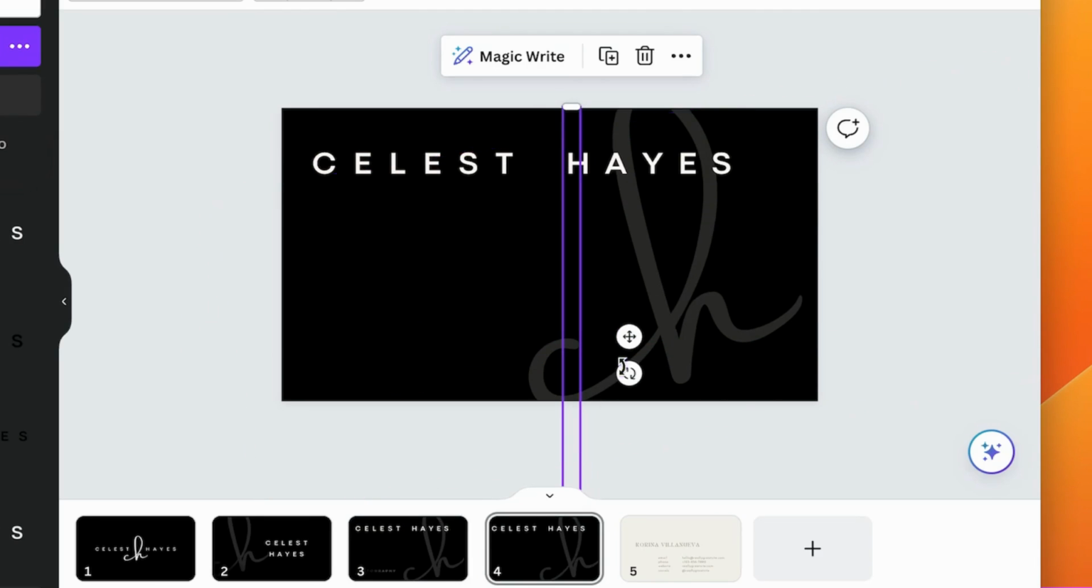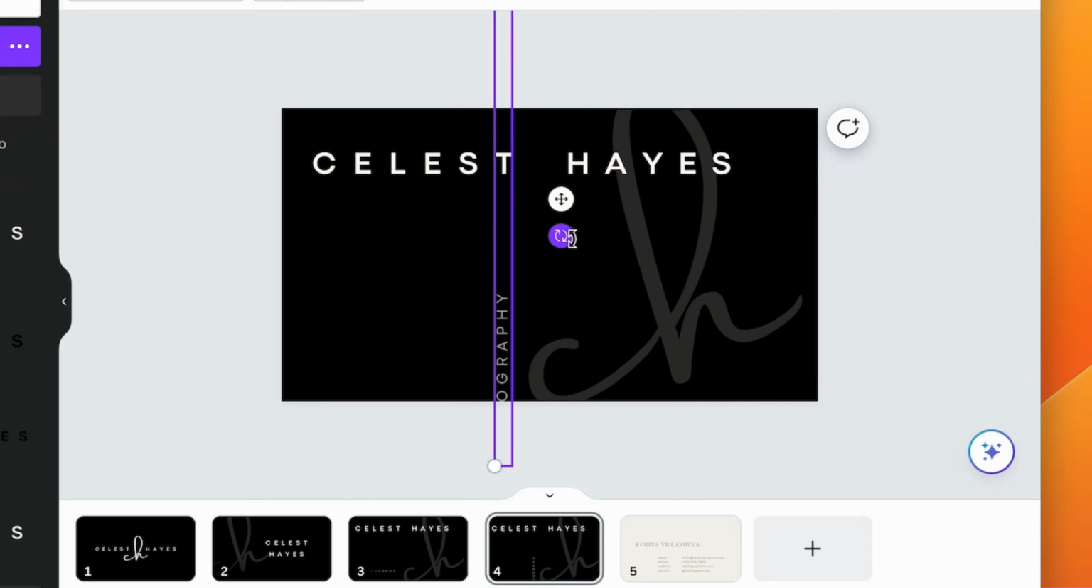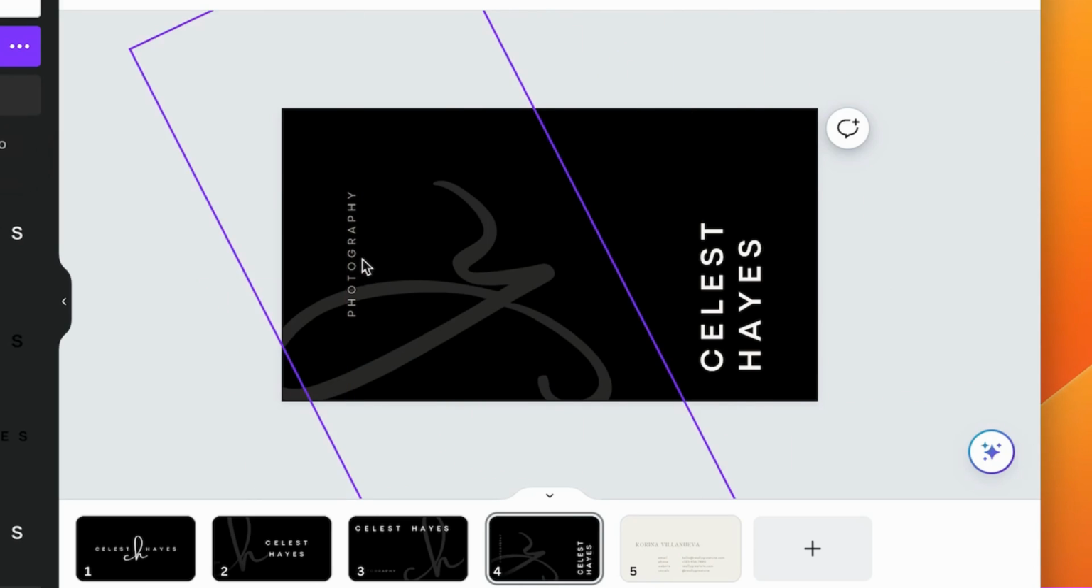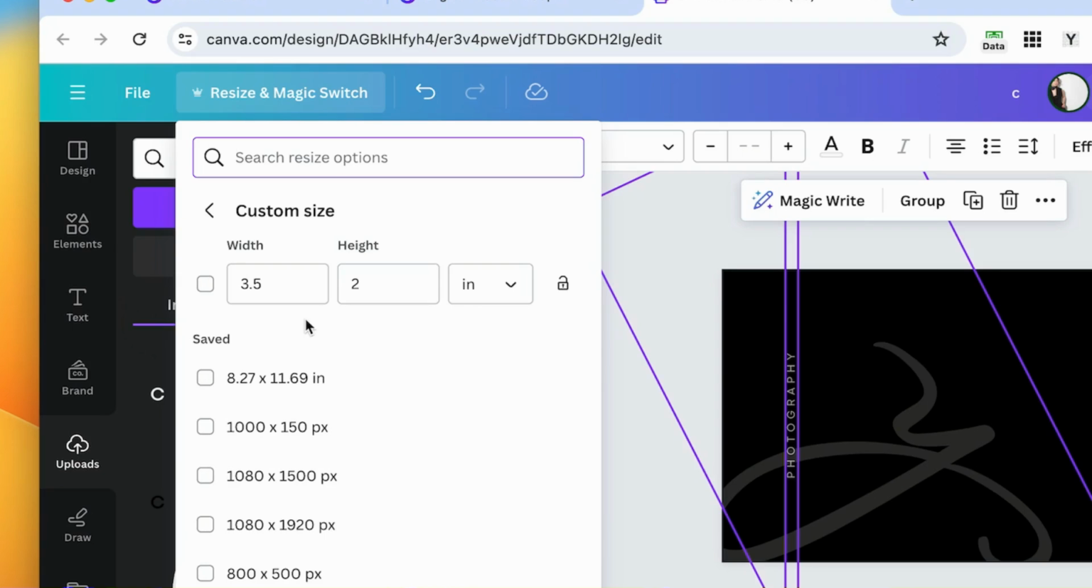Each element is going to have these 2 buttons. This one is for moving them around, and the one with the rotating image, you can rotate in any direction. Actually, I prefer this one. You can resize it. Resizing is a pro feature, so you have to pay for it, but you can just